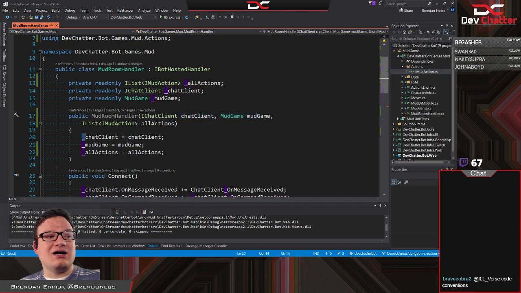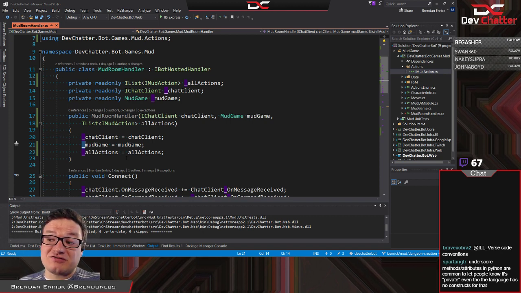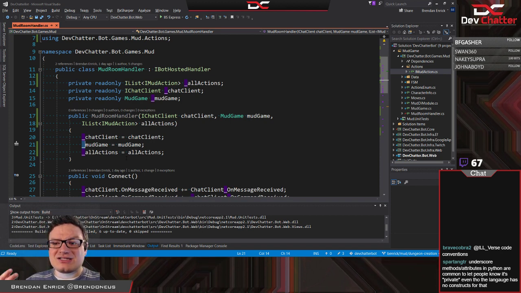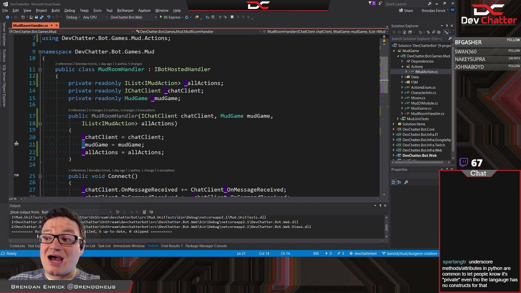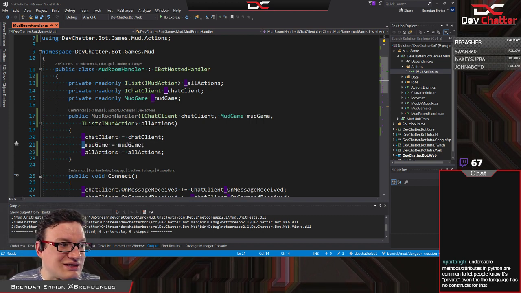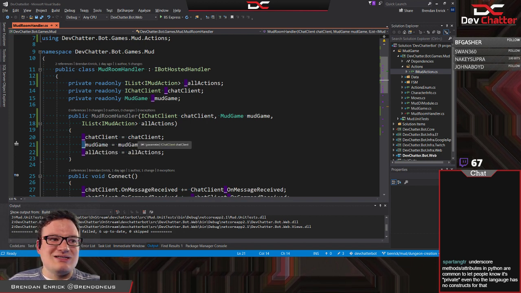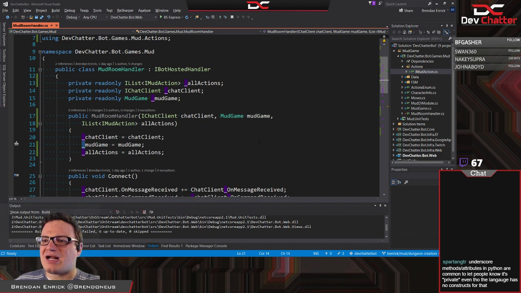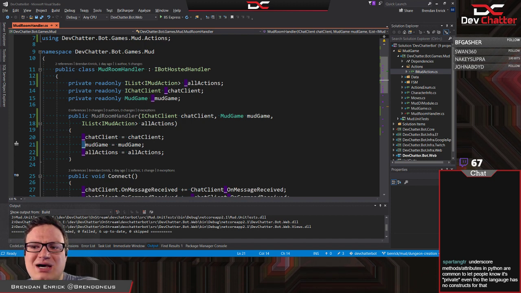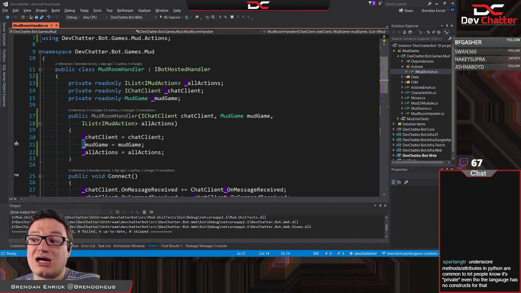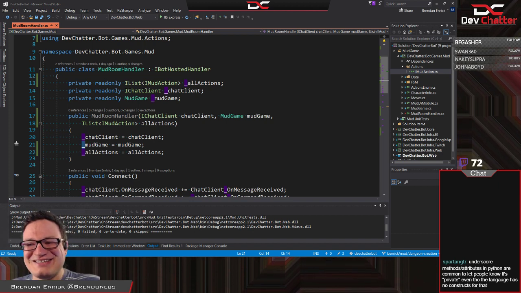So whenever I see an underscore preceding an object, I know that that is probably a private or a protected field in that class that I'm in. And that's just a thing that I get for free as a developer, that I know something about that variable without having to put my cursor over it and look and see what it is. So you'll notice when I put my cursor over it, it's really small, but it does say the word field. And this says parameter, and it tells me where they came from, but I can get some of that kind of info at a glance. So that's why I do that one. So it's an intentional convention, not a habit necessarily, but there's only a slight distinction there.